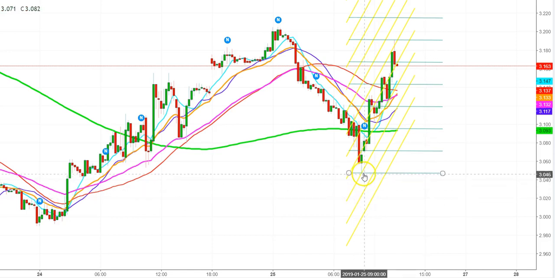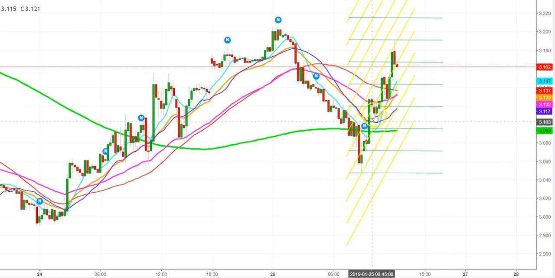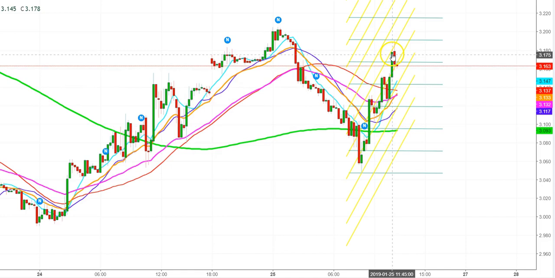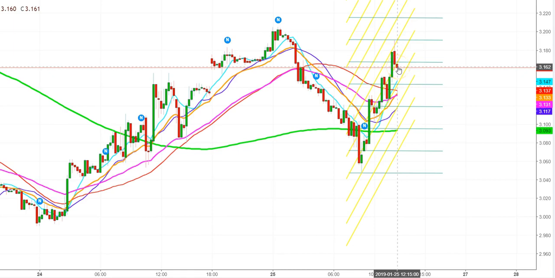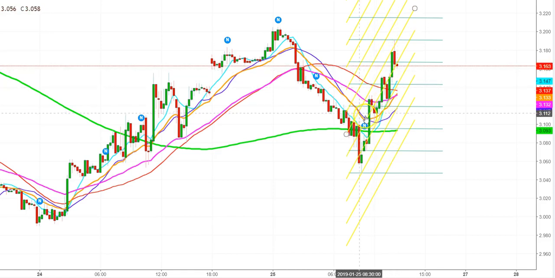So here you can see that after touching the level of $3.046 during today's session, we have seen that the natural gas futures are continuously moving upward after a small gap here, and here you can see that they are continuously moving upward after facing a little bit of selling from the level of $3.192. Natural gas futures are currently trading at the level of $3.162, which makes it evident enough to remain steady from the current levels, because in the 15-minute chart